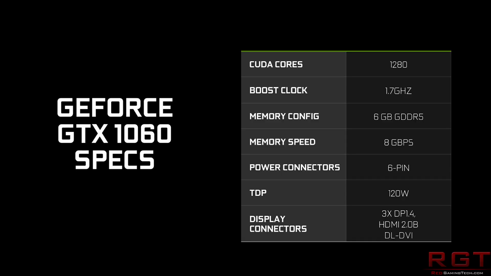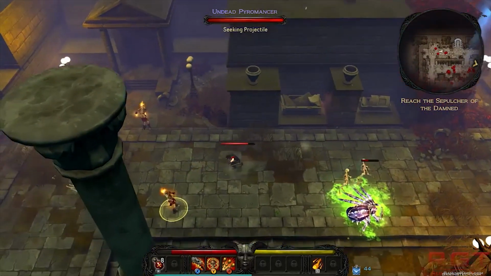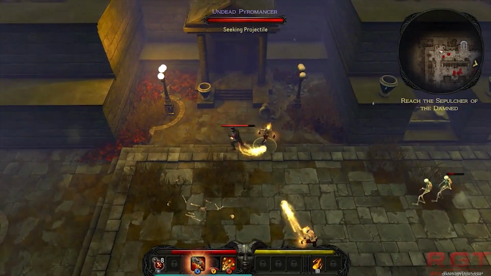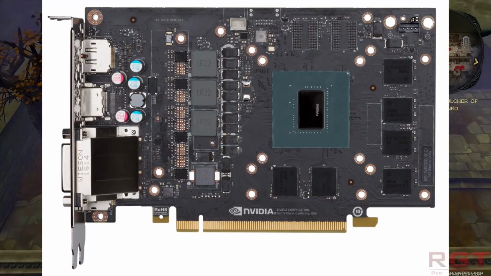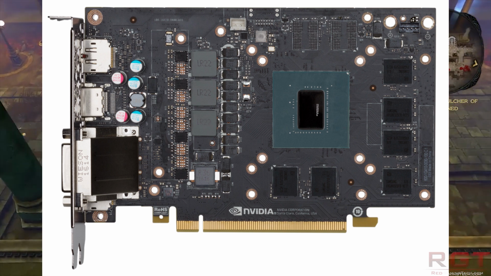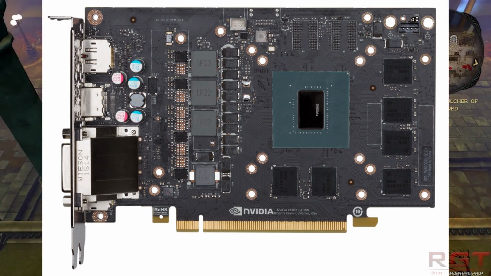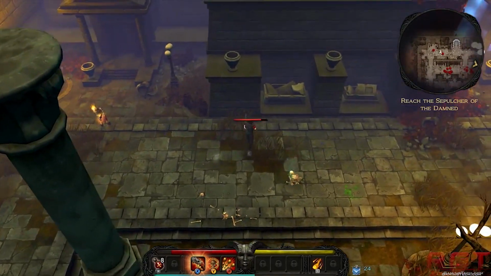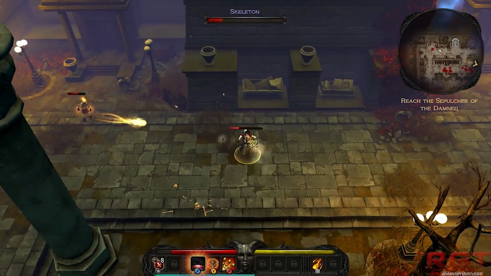You know, it's got 1280 CUDA cores. It has a maximum overclock of around 2 GHz, although that does of course depend a lot on Silicon Lottery and the model of the card you're going for. And of course, the big deal is it does not feature SLI support, which we'll go more into in just a moment. This is all wrapped up with 6 GB of memory. But let's face it, the specifications have been talked about ad nauseam over the past couple of weeks, and so